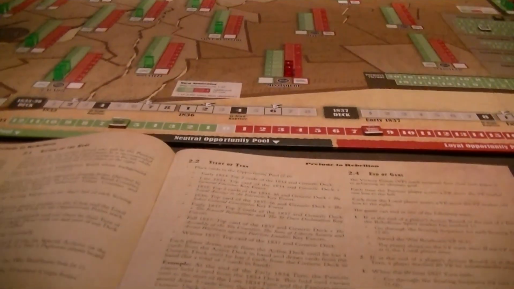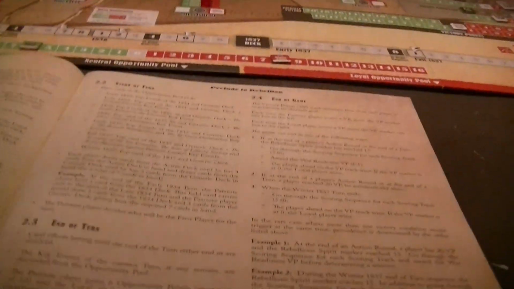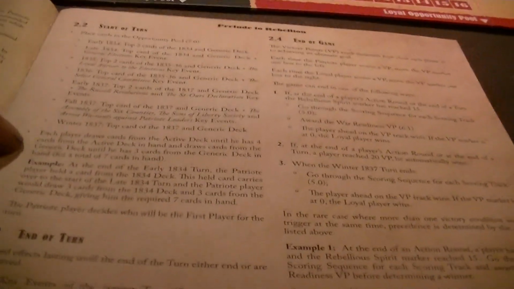If this is the last turn for a deck, all players lose all the cards from their hand. The opportunity pool will be cleared. Otherwise, you keep whatever you have in your hand, and you will get new cards, I guess, at the start of the next turn. It's a little weird,